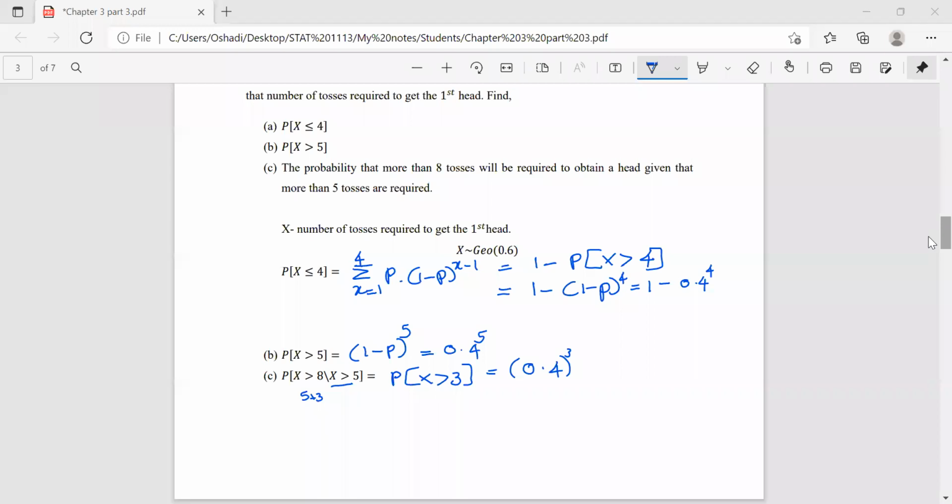So the probability of obtaining a head given that more than 5 trials are required is the first success X greater than 5. That is the given information, written as a conditional probability. So using the no memory property,